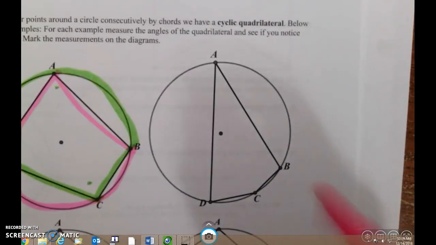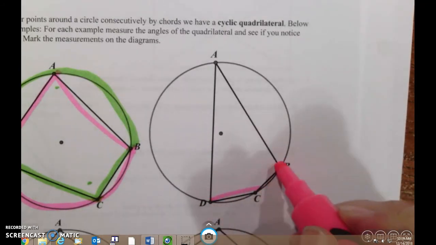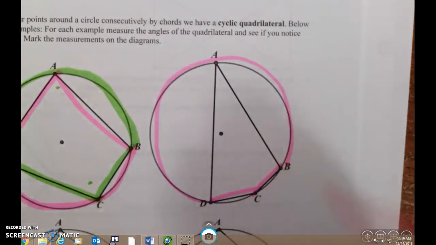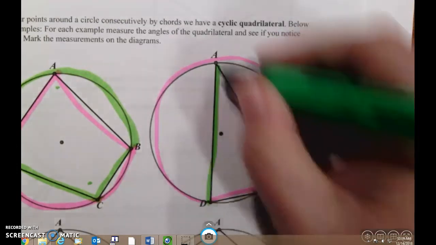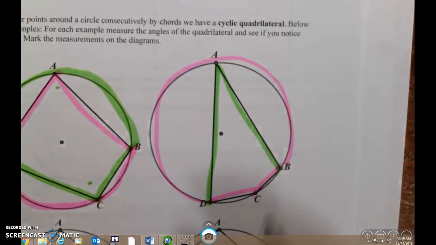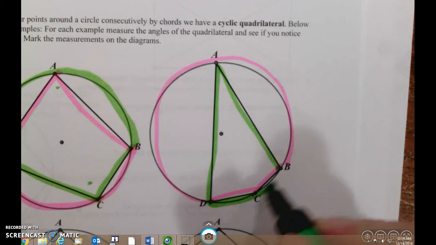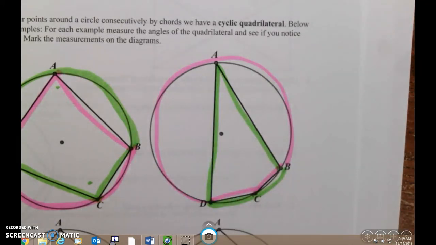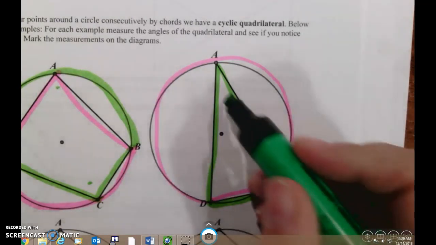But basically, if I looked at this angle C, DCB, that gives me this arc. And if I look at the angle opposite of that, I have angle DAB, and that intercepted arc is here. So between the pink arc and the green arc, I've covered the entire circle. And the measure of the inscribed angle is always half of the intercepted arc. So since the whole arc is 360, the sum of the opposite